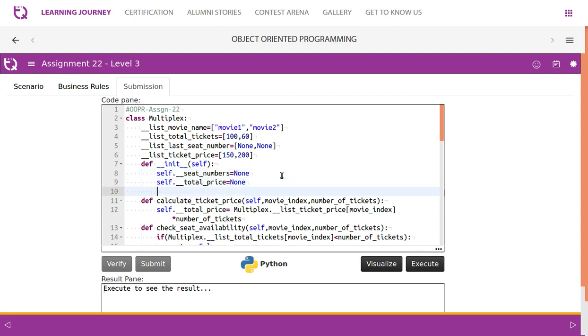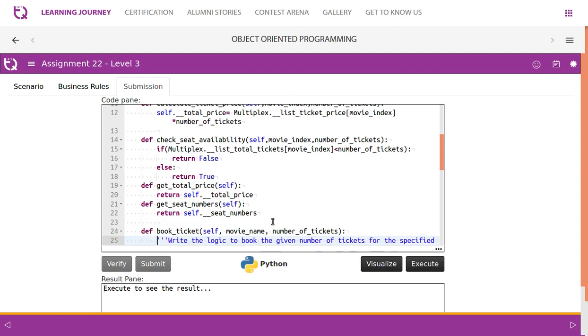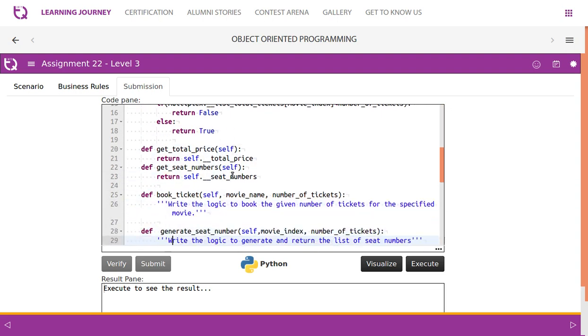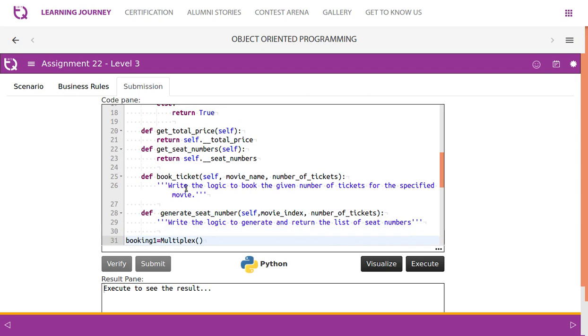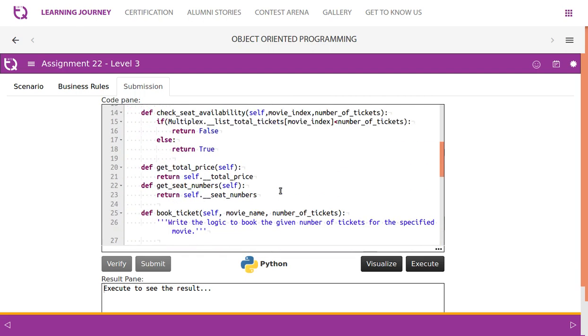They already have written logic for calculate ticket price and check seat availability, and getters for get total price and get seat number. All we need to do is write logic for book ticket and generate seat number. Nothing else we need to do. Object creation is also done, and they process based on the value and give the message as well.